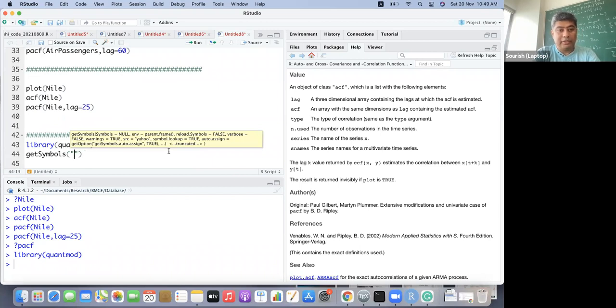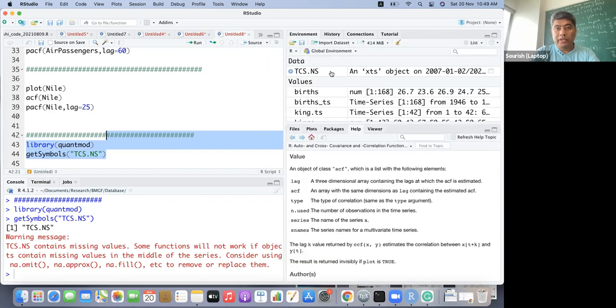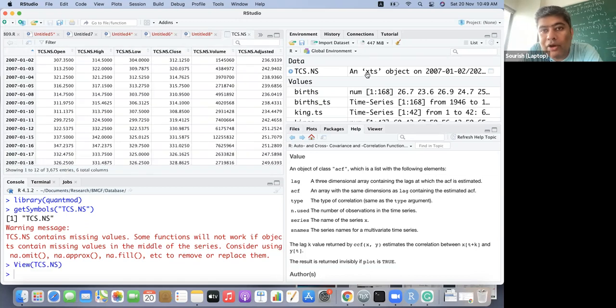Let me take some other. So now if you go to the environment, there is an object called tcs.ns, and you can see it's an XTS object. If you click on that, you can see that the row indexes are marked as a date. Date is not a separate column. The row indexing itself is the date, and it is sort of stored as a data frame, but it's not a data frame.